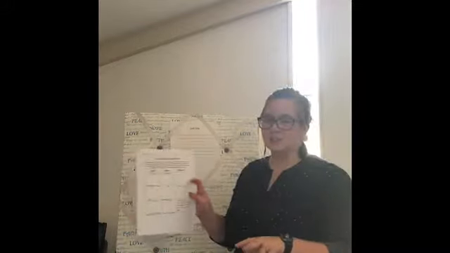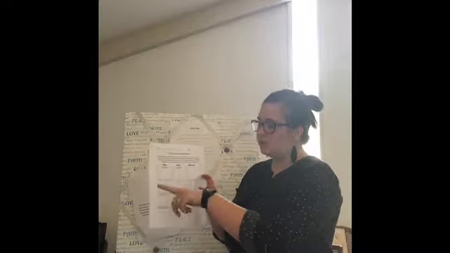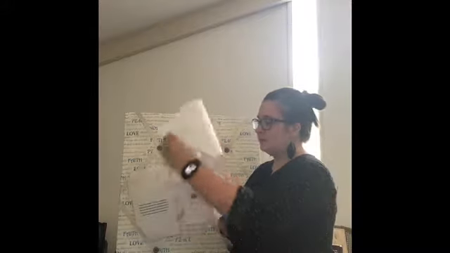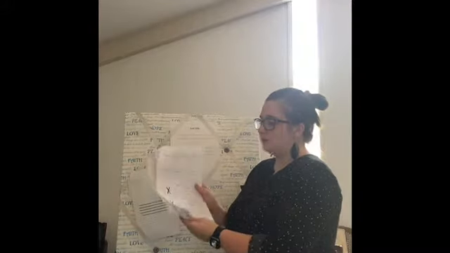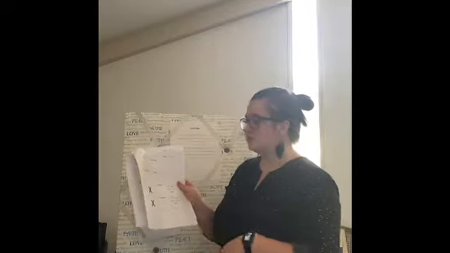The first activity is going to be a character comparison. So after reading the book, you'll have the students draw a picture of each character in the first column and then give their character traits and characteristics in that first column. It goes on to the next page, and then on the last page there's an X on each one of these. That's because those characters were in the movie but not in the book, so students will understand that once they